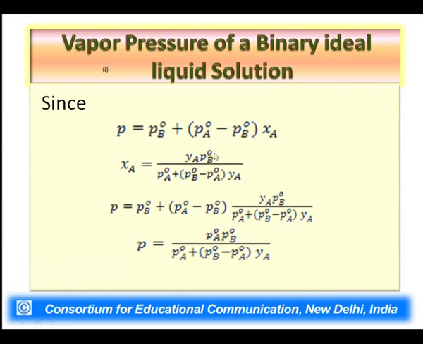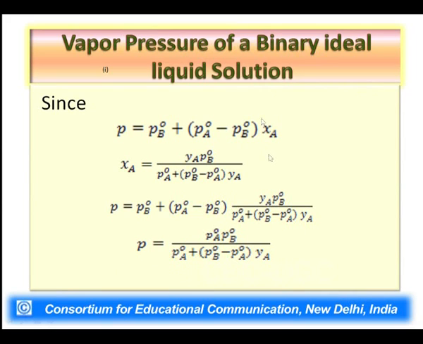So, PA naught minus PB naught would serve as the slope, PB naught would serve as the intercept, and P would serve as Y. So, Y equal to mx plus c. Therefore, if you see, the first relation is a relationship for a straight line, a linear equation, and this last relationship, if you explore it, shows that the total vapor pressure is not directly proportional to amount fraction in